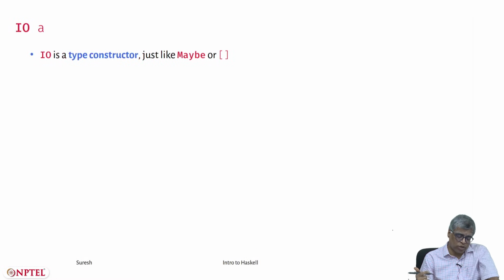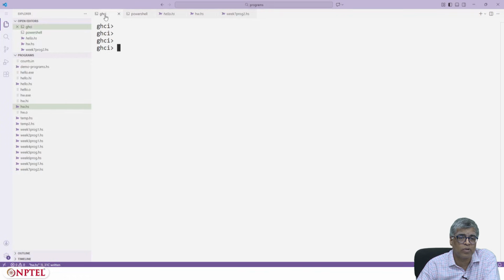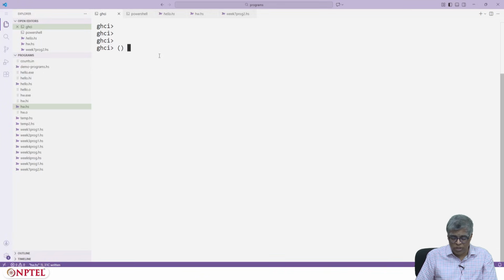So let's get back to this, but we can go to GHCI and try to test these types. Here is a GHCI session running, and I can ask what is the type of unit.